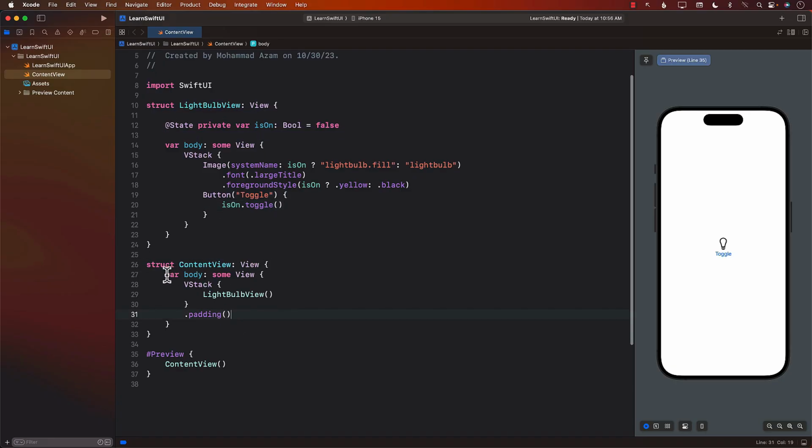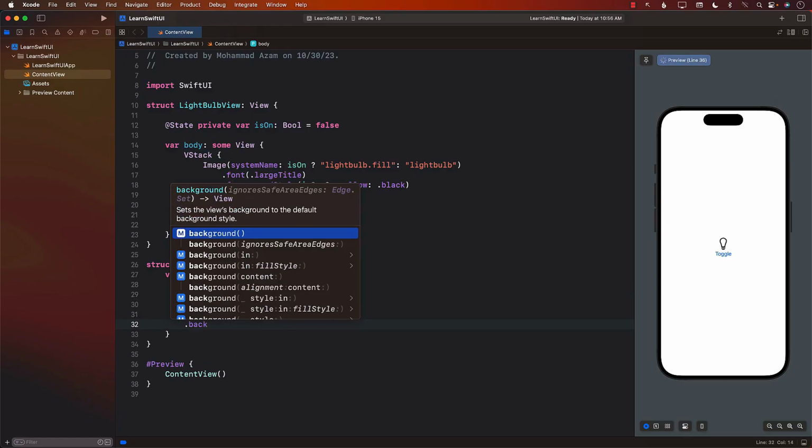Maybe the content view itself is saying that, hey, whenever the light bulb view enables or turns on the light bulb, I need to know that too, so that I can switch between the background of the VStack. Right now, if I simply go ahead and add a background, so let's go ahead and add a background,